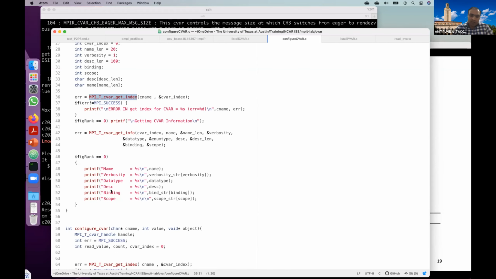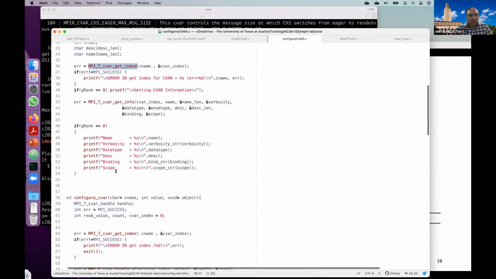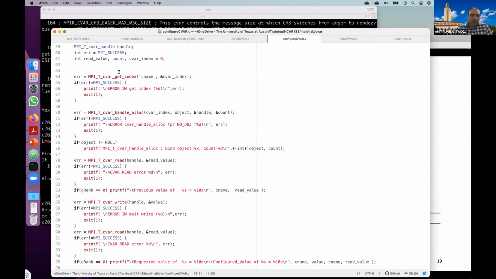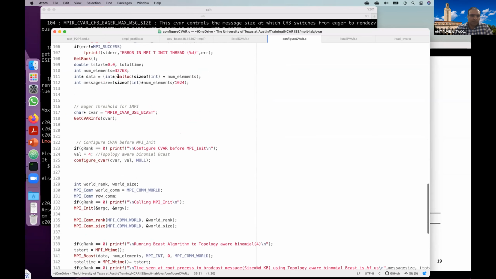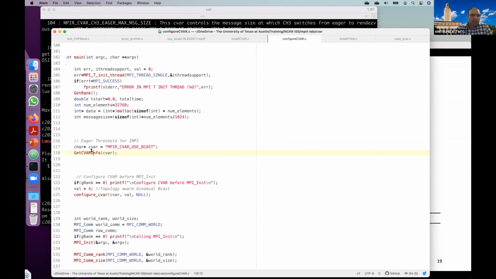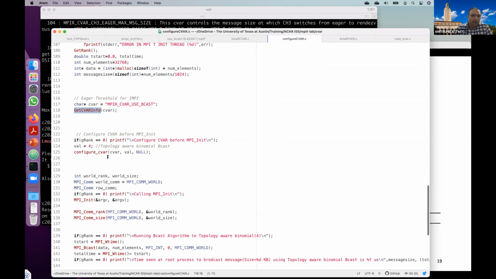This CVAR doesn't bind to any logical object. It is defined at a global level, so the scope output by this function will be global. Once we get the information about the CVAR, we change its default value to 4, which is topology aware binomial bcast.